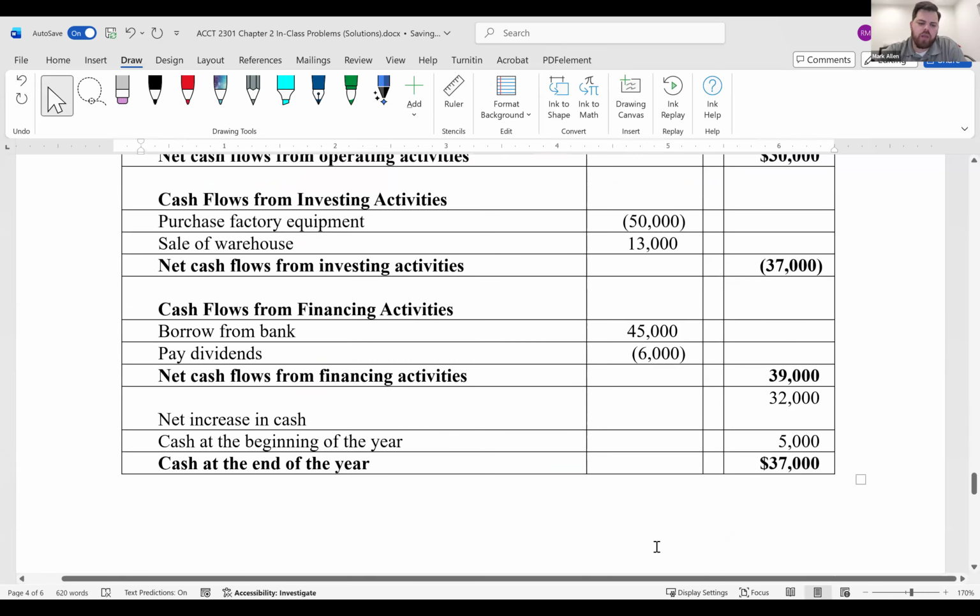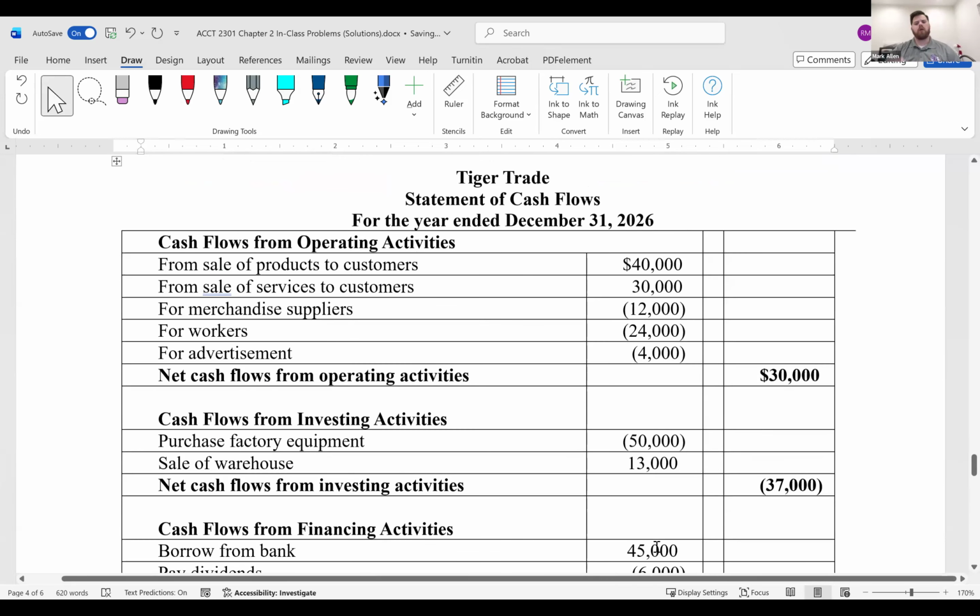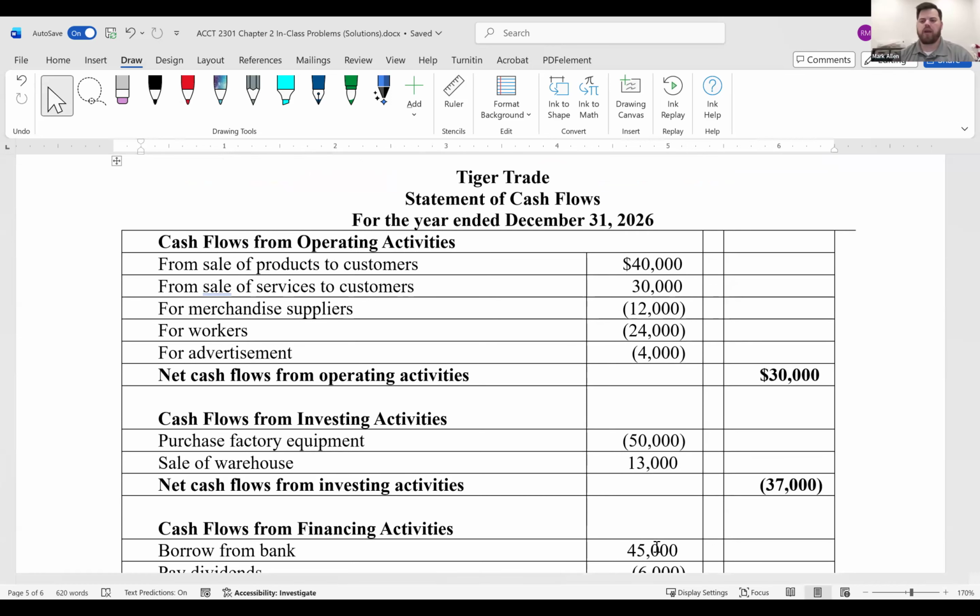Now, here we use what is called the direct method. The direct method is used less frequently in practice than the indirect method, though there has been some recent research done on the direct method that suggests it provides more decision useful information, so that may begin to change shortly. But at this